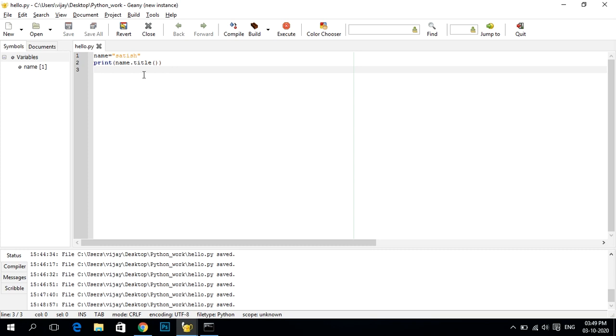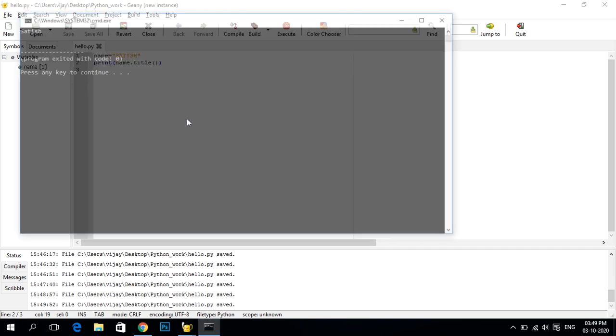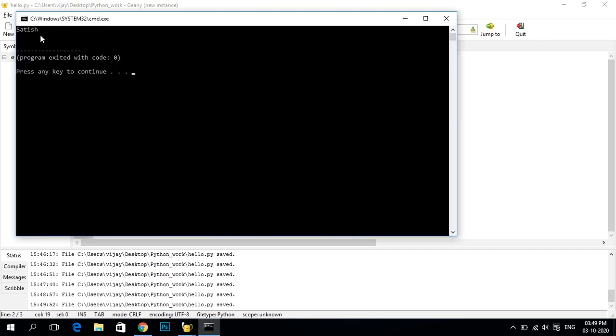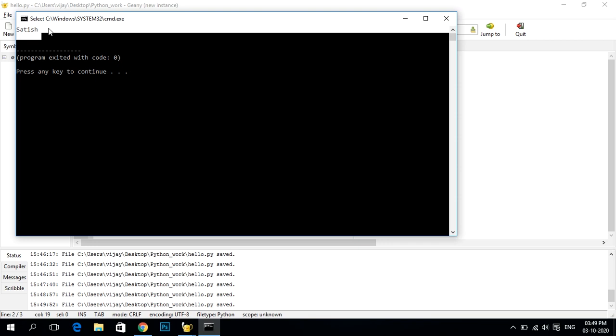So this is a method, and we have other methods like this one. I have written this in capital letters by mistake, but in the printing I want it in simple letters. So I will just do this one. Let's see what happened. When we try to execute, it will again give you the same: only the first letter will be capital and the next letters will be small.